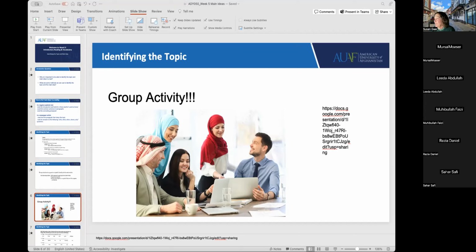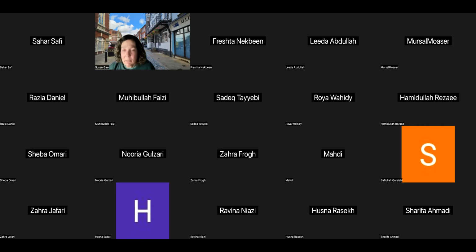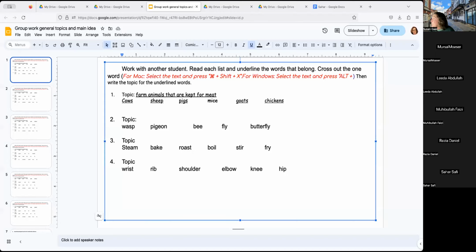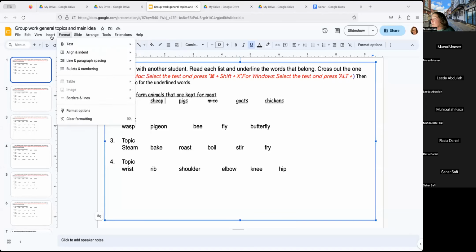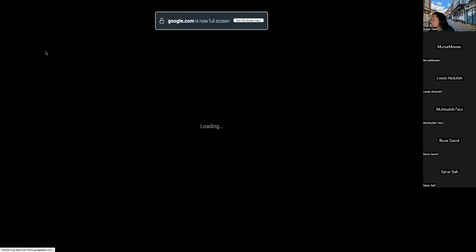Sorry, miss, we cannot hear, we cannot see the words you're talking about. We can't just see the slide of picture. You don't see the words? Yeah, we cannot see. Okay, let me try resharing. Maybe I have to share screen. Here we go. Now you can see the words, right? Yes, now we can. Okay, and let me go for a slideshow so you can see it really big.